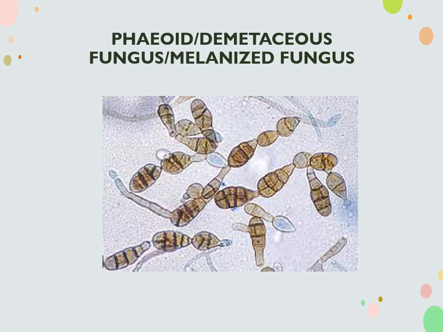These are called phaeoid fungi, which look black. There are two types of fungus: one is hyaline and one is phaeoid fungus. In hyaline, all the Mucorales group comes, Mucor, Rhizopus. So they all come in the hyaline fungus. They will take up the color of the LPCB, so they will look blue. The phaeoid fungus is also called melanized because it contains melanin, due to which it is dark colored. So this is the black fungus, and it causes a different group of infection, that is phaeohyphomycosis.